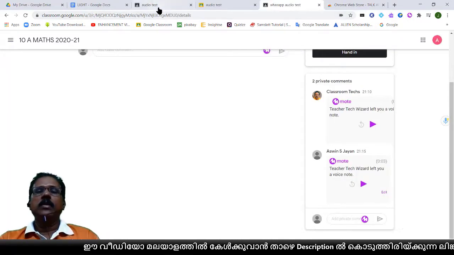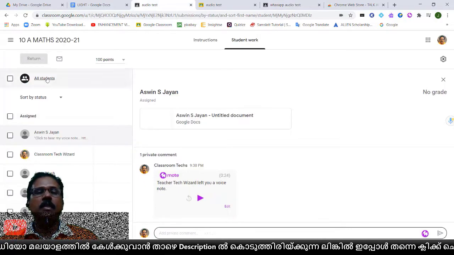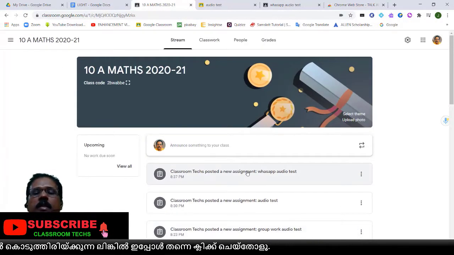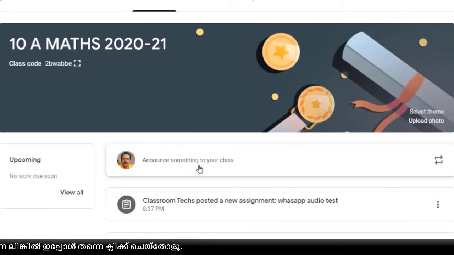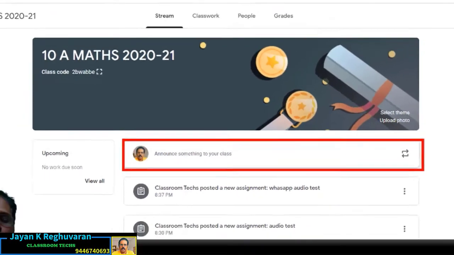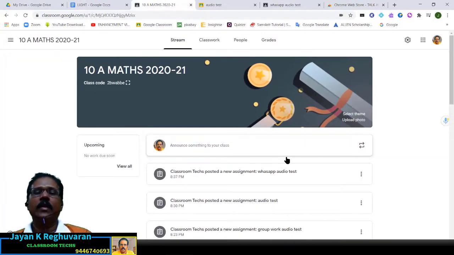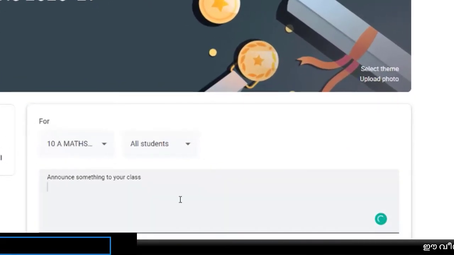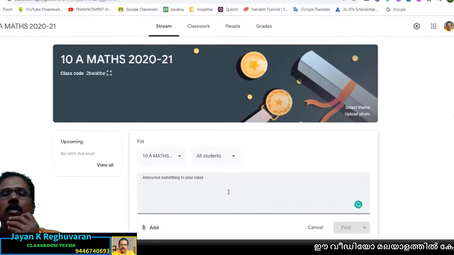And now I will show you how to send the message in the classroom, the total classroom. So this is the box to send the message or whatever you are posting, all the children can see together. Now you know that here we can send the audio message. When you click there, there is no icon of Mote or Talk and Comment.